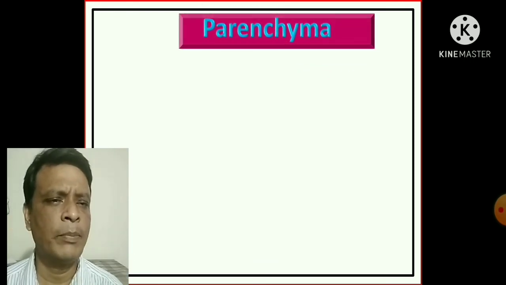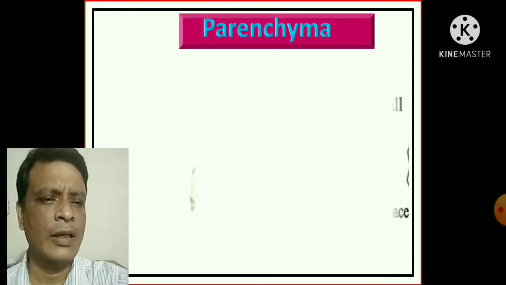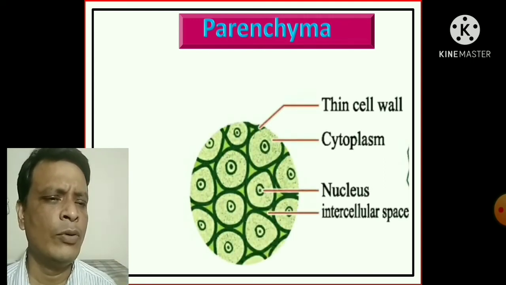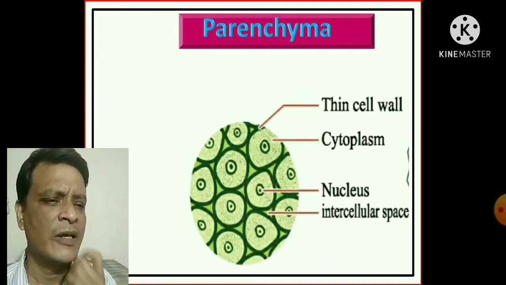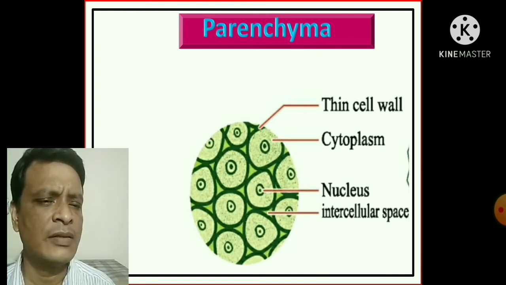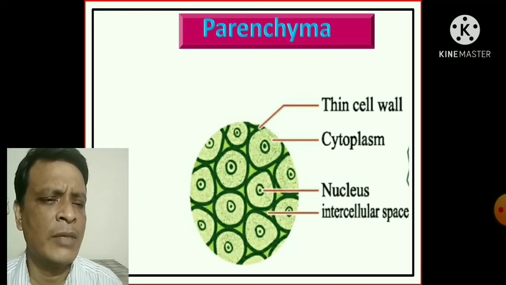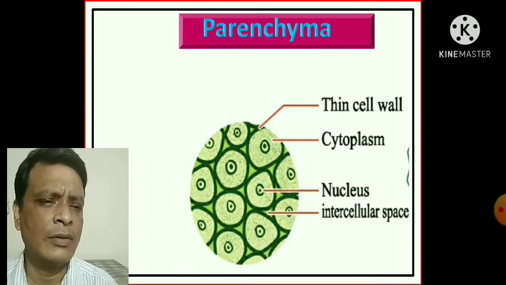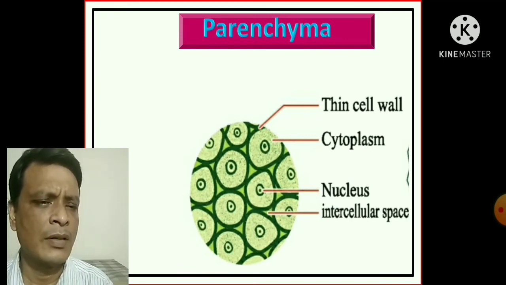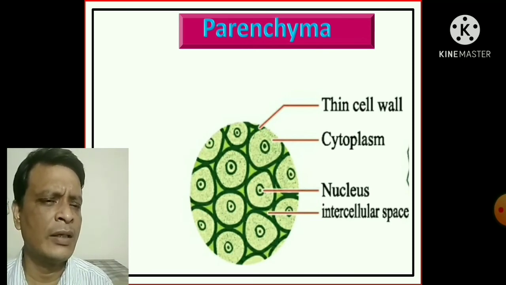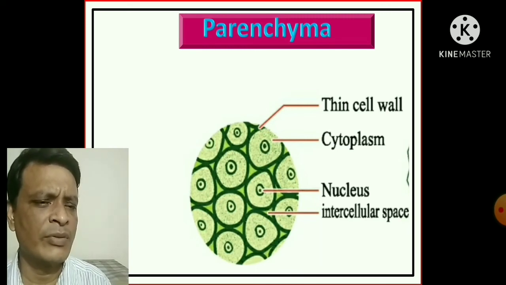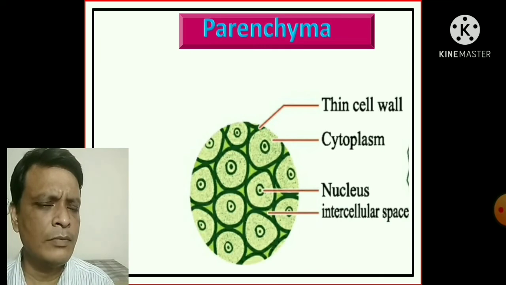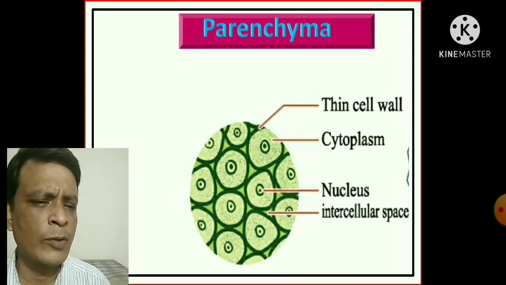Now let's discuss the parenchyma tissue. What is parenchyma tissue? If you look at the figure here, these are the parenchyma cells. These parenchyma cells are found in almost every part of the plants. The cells are round in shape, and their cell wall is very thin and made up of cellulose. Intercellular space is found in the parenchyma cell, and this cell is basically responsible for production of carbohydrate and